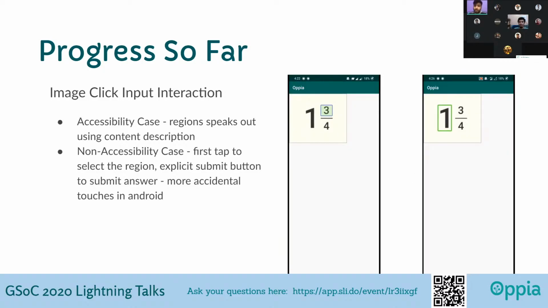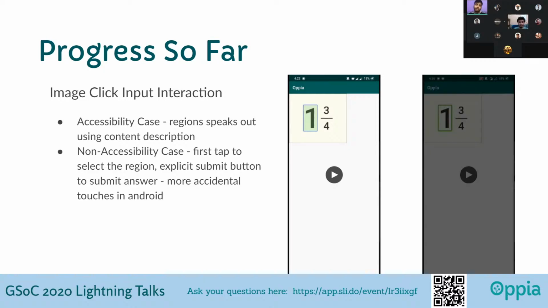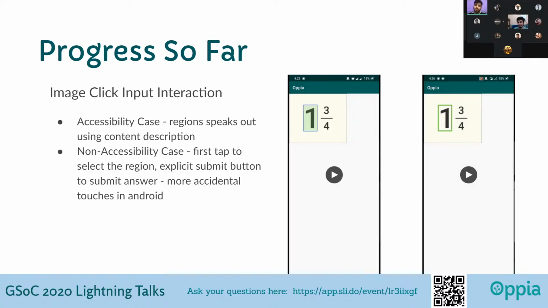The thing we did for accessibility was to add a content description to all the regions that are selected. I would be adding that support to web as well, so I will be adding another type of field into the interaction that will allow the creator to add a content description while creating the interaction. And I guess it will solve the purpose of making this interaction accessible.